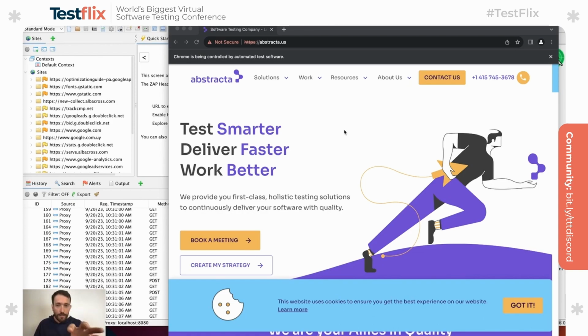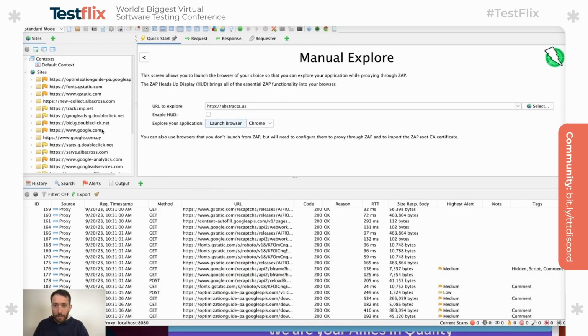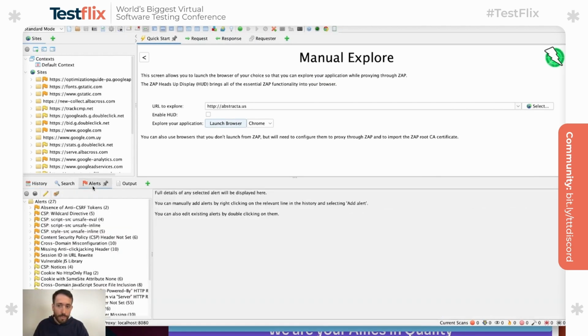So you focus on the functional testing, you do your testing here, let's test, I don't know, the different parts of the site, and once you finish, you go to the OWASP. Here you can see all the traffic, and there is this particular option which is alerts. It's giving me all the issues or potential issues related to security that it found during your exploration. And I think this is very useful in order to learn as you explore the application,